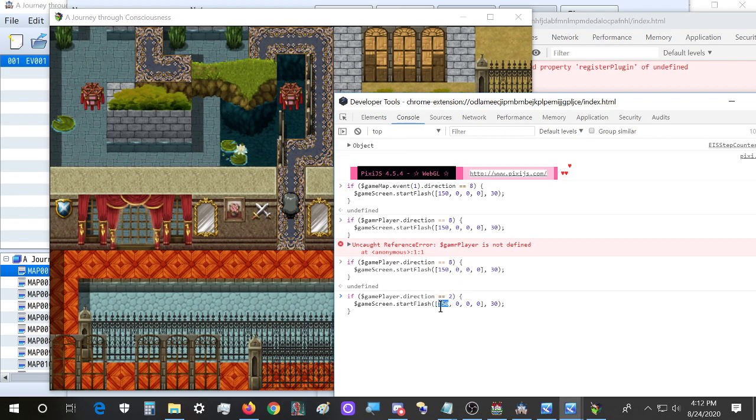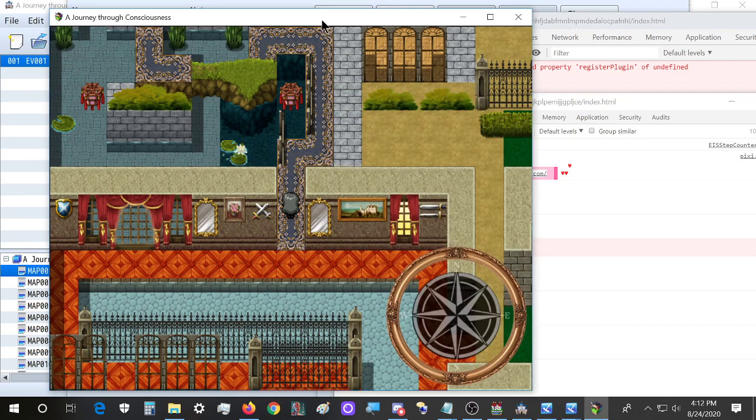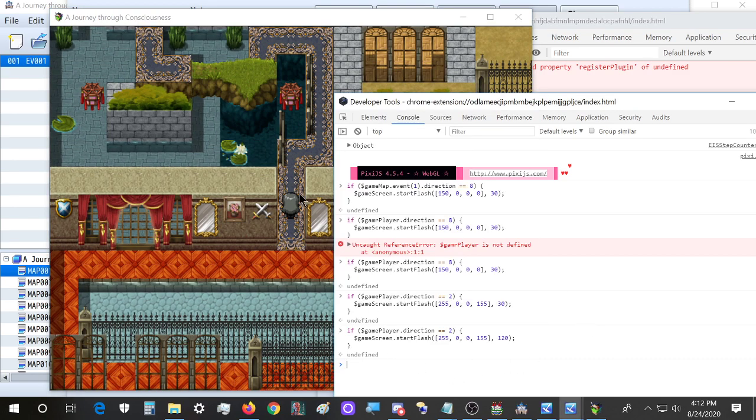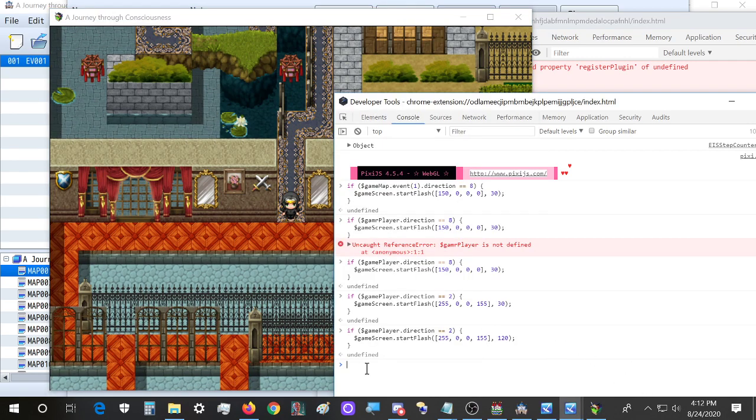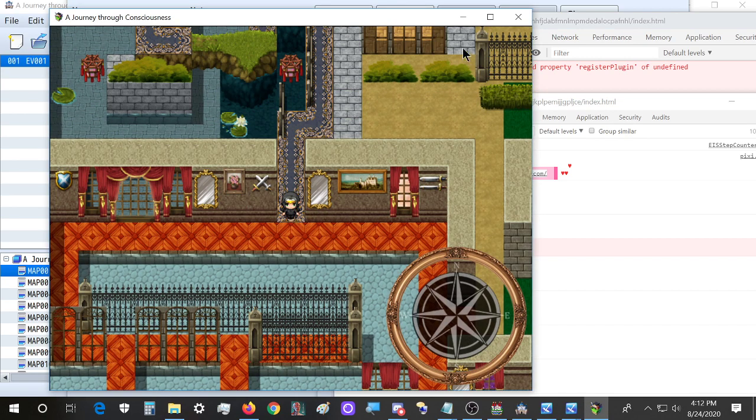Oh wait, let's say 250 and 155. Okay. It's not returning anything, although it kind of should have played something. Let's actually copy it and, I don't know, put in 120 frames. Oh well,